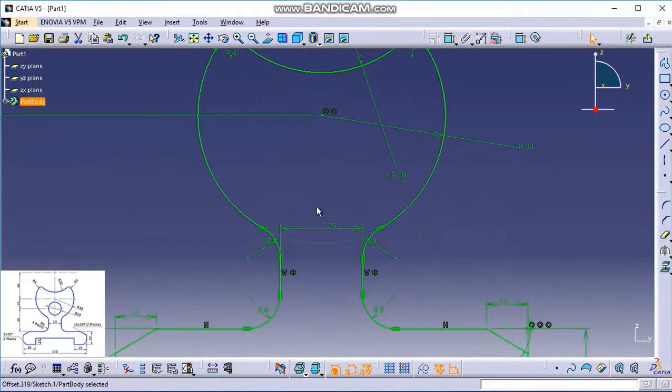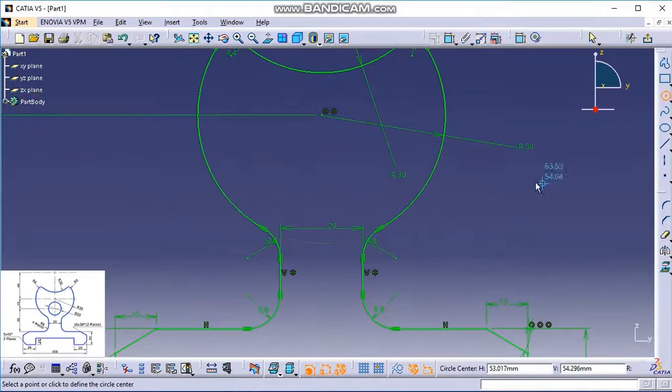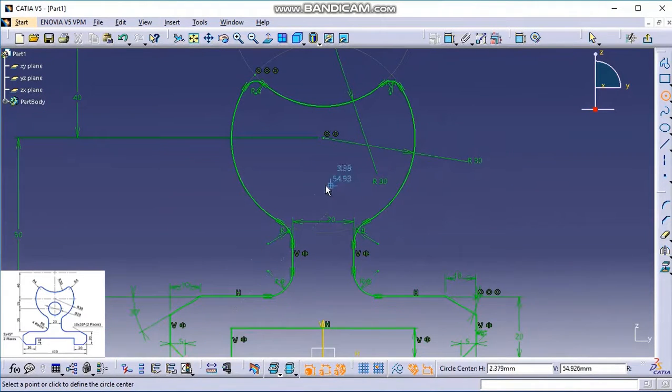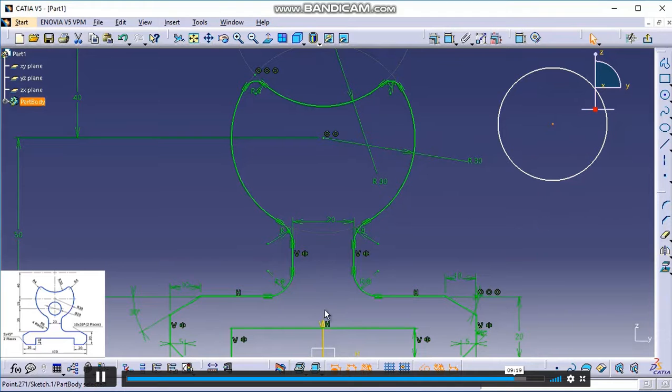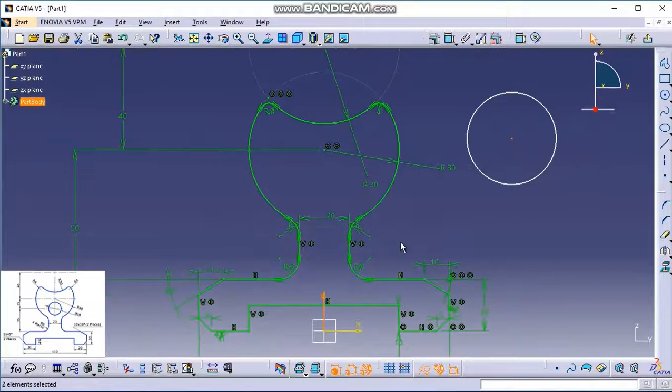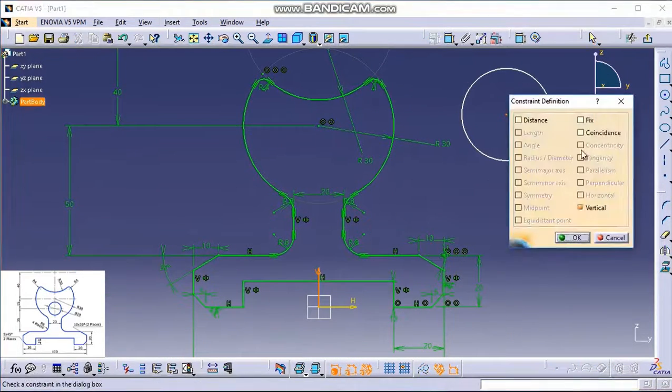Now we have to create the circle here. It is very easy now to create the circle. You can see there is a lot of interference. So what I'll do is I'll click somewhere outside and create a circle. Then I'll bring it inside by using the constraints. Click on this center and this vertical axis. Coincidence.